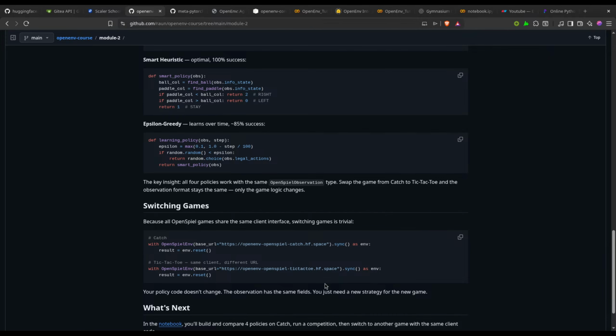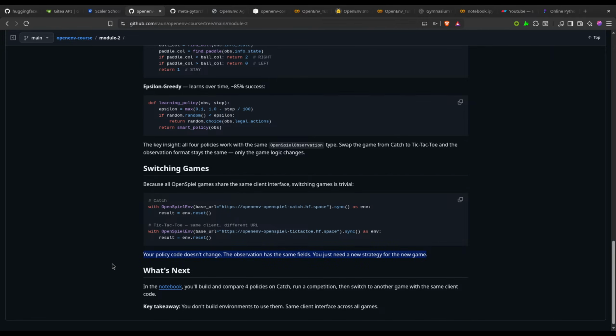Okay, the client is the same, so we just needed to change the URL, or the server you could say, and restart it, restart all the results so that it just became 0. Your policy code does not change, the observation has the same fields. You just needed a new strategy for the new game.